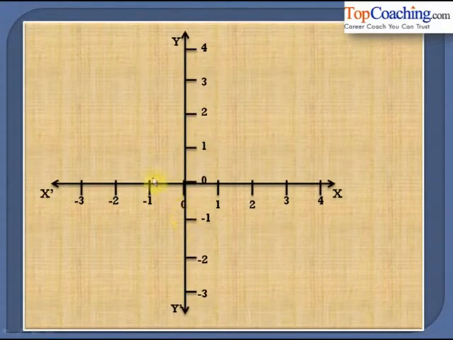So we have placed these two axes in such a way that their origins coincide with each other, and these two axes together form the coordinate system. These two lines cross each other at their zeros, or at their origins. This line X X dash is the horizontal line, and similarly Y Y dash is the vertical line.